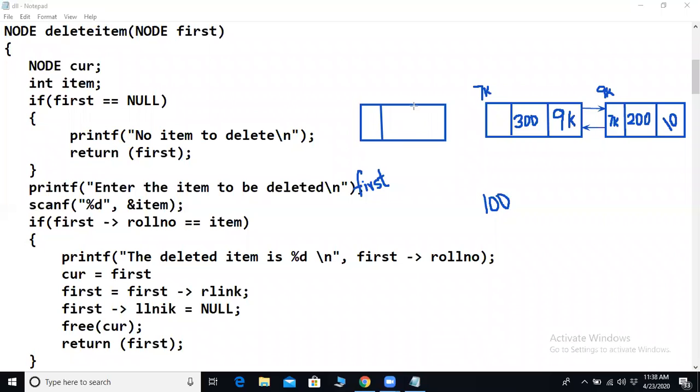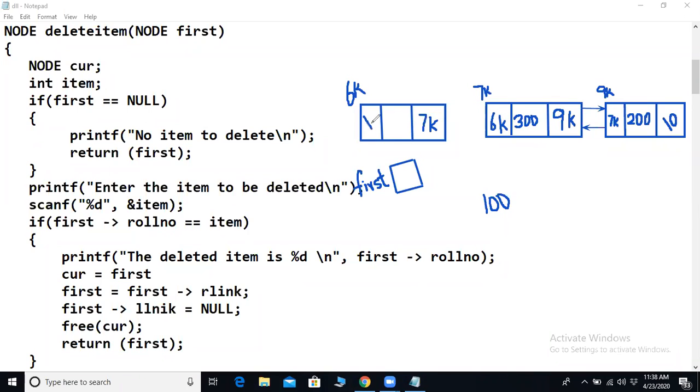So we had one node. The address of this node was 6K. Here you will be storing 7K, and this was holding 6K.